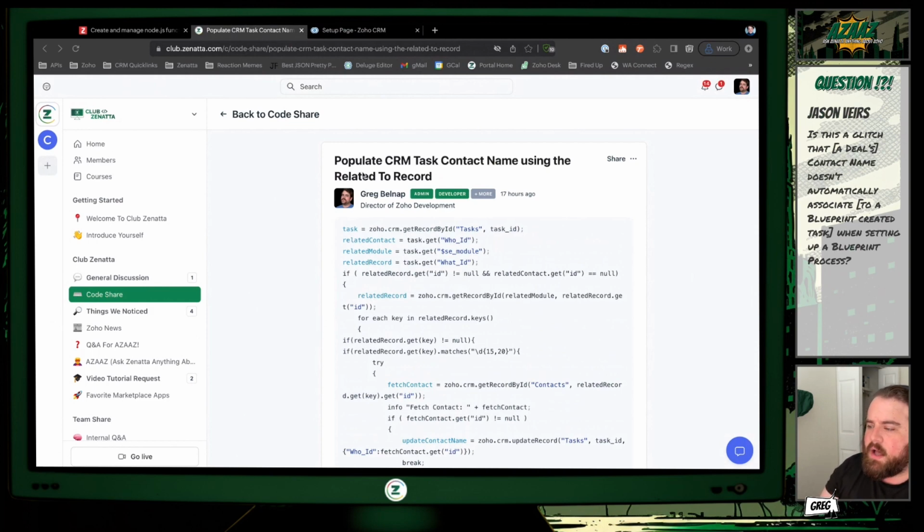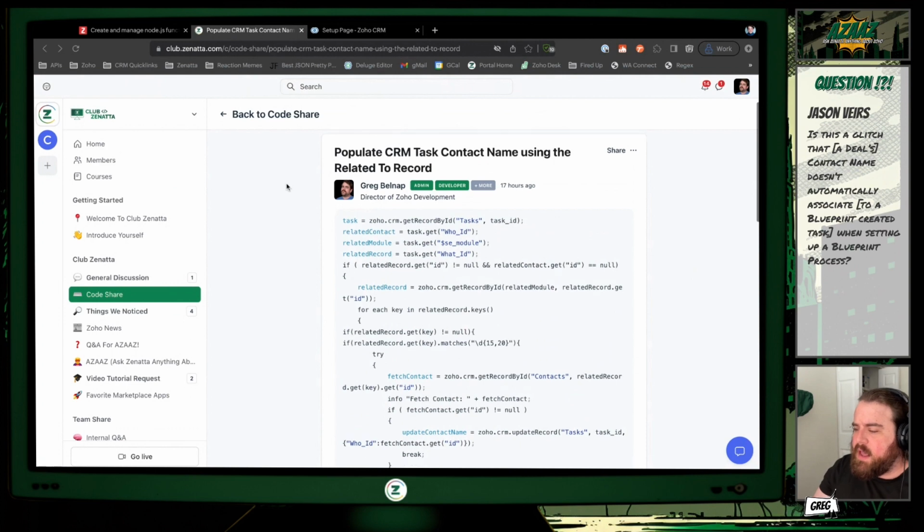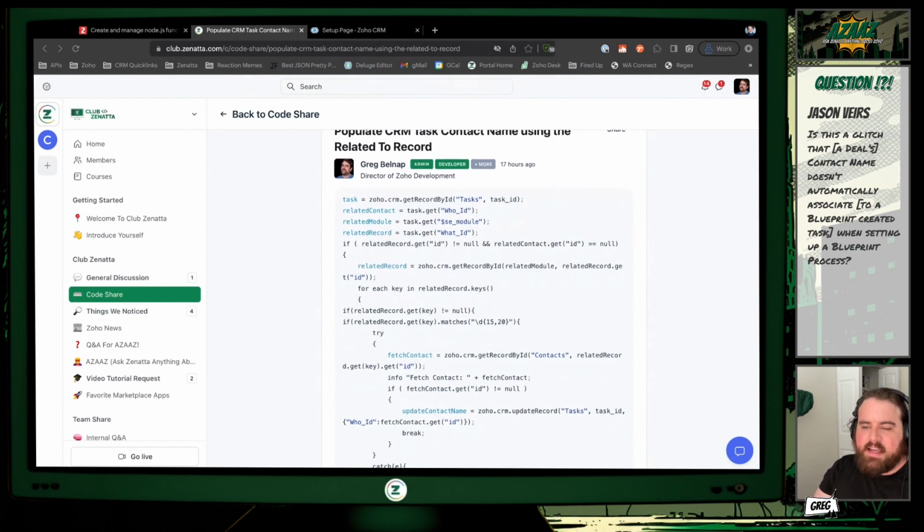So I have here populating a CRM task contact name using the related to record. So this is going to exist as a workflow that triggers on creation of a task. Essentially what it does is it's going to check the contact name, and if that contact name is empty but the related to field is not empty, then